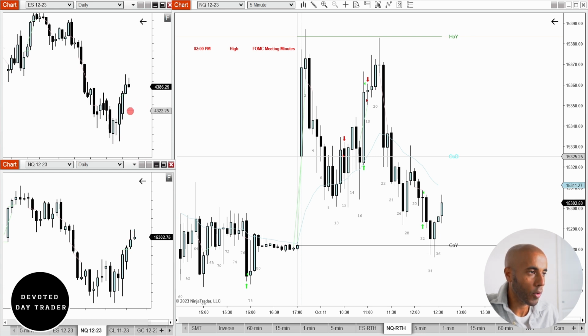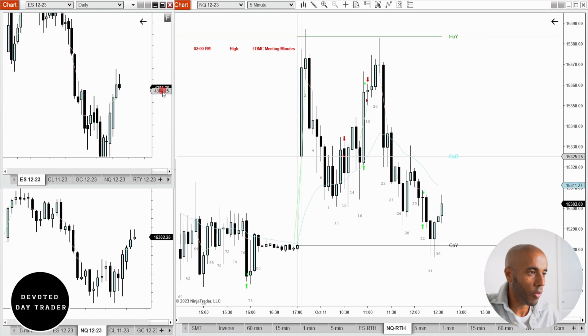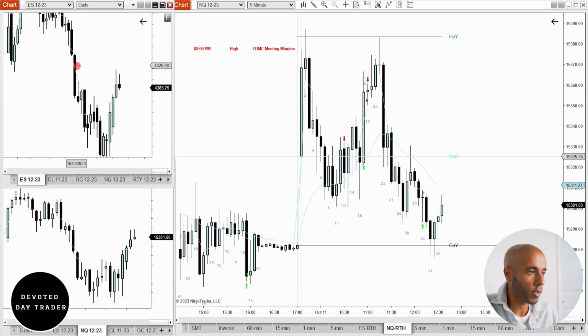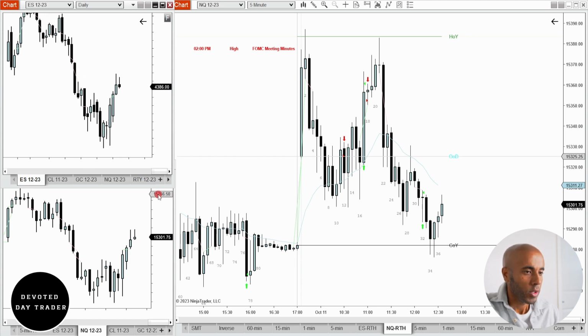And then on ES, I saw that it tested about 75% of this tail, so above 50% of this tail. And so this would be resistance. And it's also trading into this fair value gap on the daily chart. So I was short biased and I was waiting for the right entry. And the right entry for me is, well, I missed.